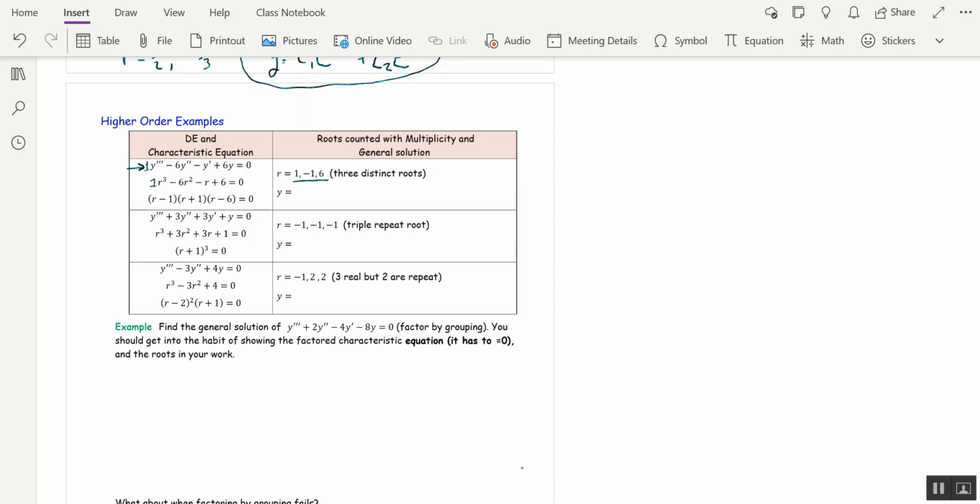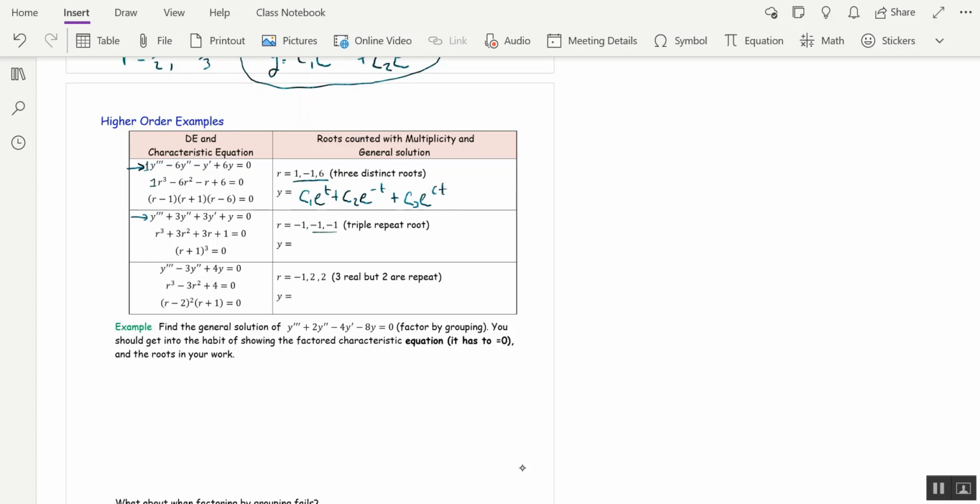So here's the format of the solution. C1 e to the t, and then C2 e to the negative t, and then we just add on a third term, C3 e to the 6t. Okay, next one, another third order. I went ahead and found the characteristic equation and factored it, and I see that